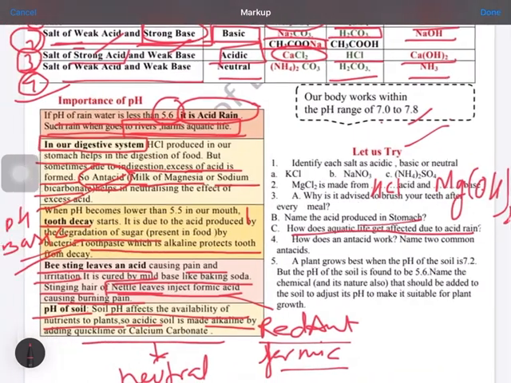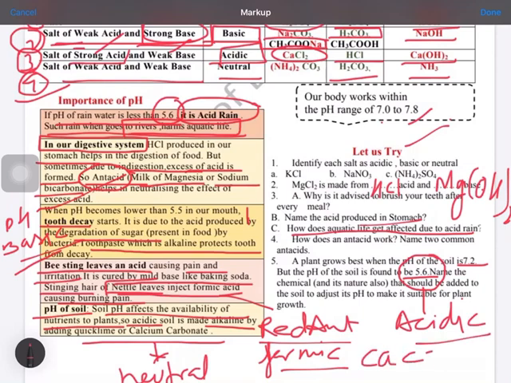A plant grows best when the pH of soil is 7.2, but the pH of the soil is found to be 5.6. Name the chemical and its nature that should be added to the soil to adjust pH. Now the pH is below 7, that means acidic. So we have to add base in it, and the base which we can add is calcium carbonate or quicklime can be added to neutralize the effect of it. So this completes your exercise